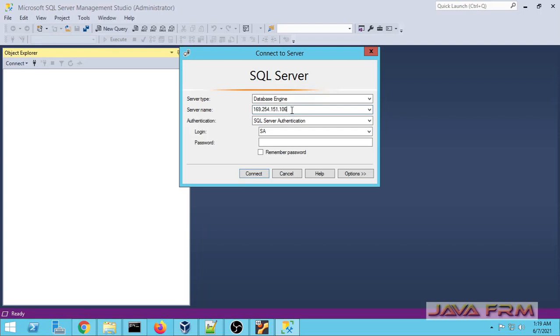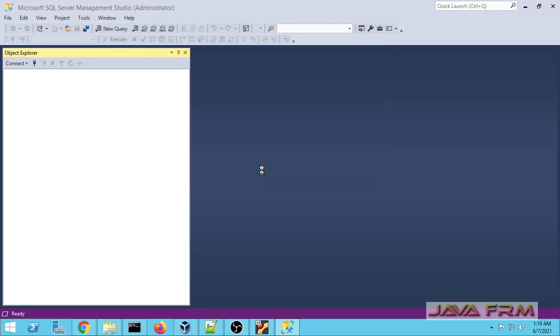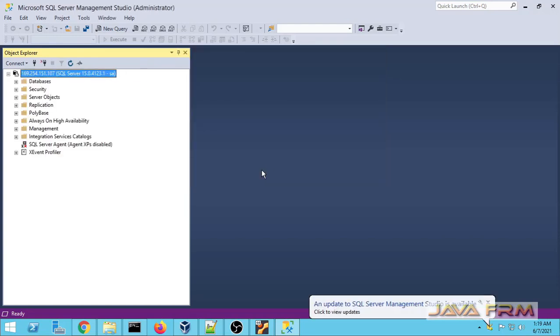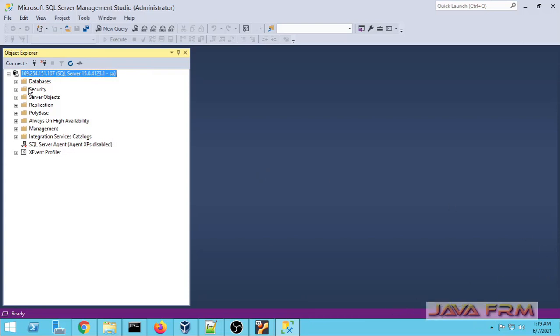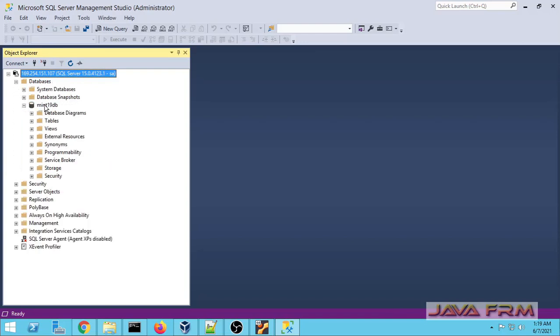So provide the IP address, username and password. Okay, so I am able to connect to the database now, which is running on the Linux Mint 19 operating system.